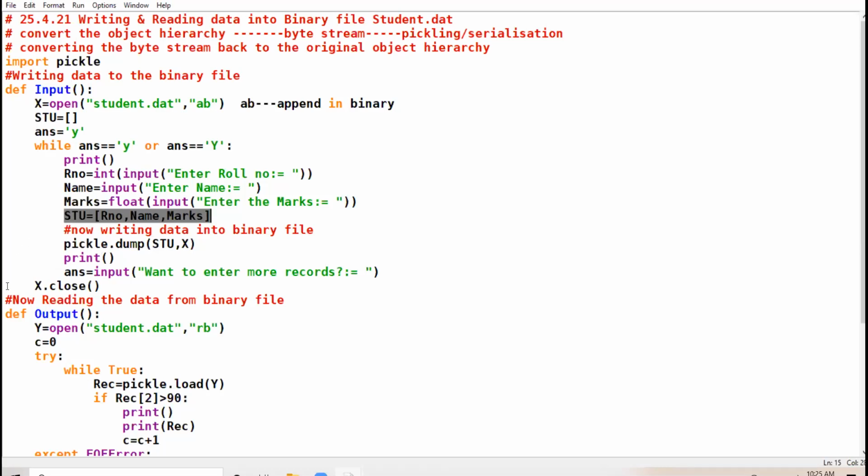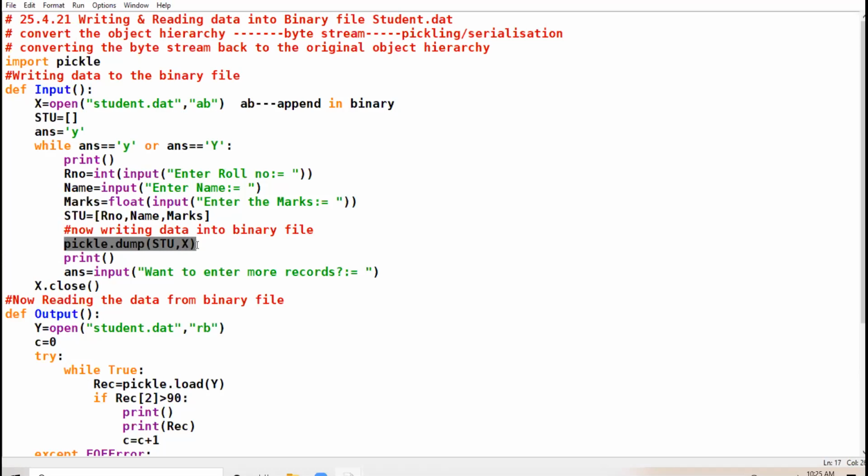Okay. Now, I have created the object. Again and again, I'm saying object. Here, my object is a list. Don't get confused that sir is saying object again and again. 12th class, here by object I mean list, because I have created a list. If you are creating a dictionary, your object will be a dictionary. Clear? Now, how to write this object in the binary file?